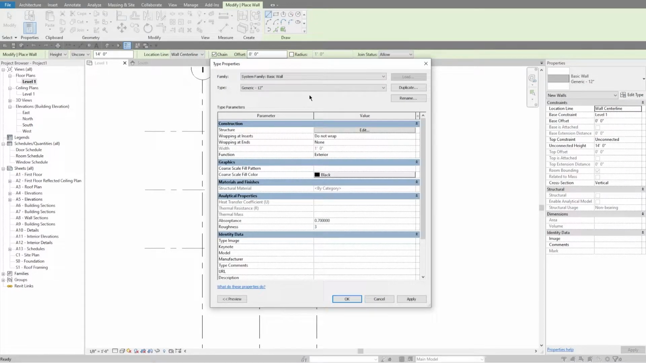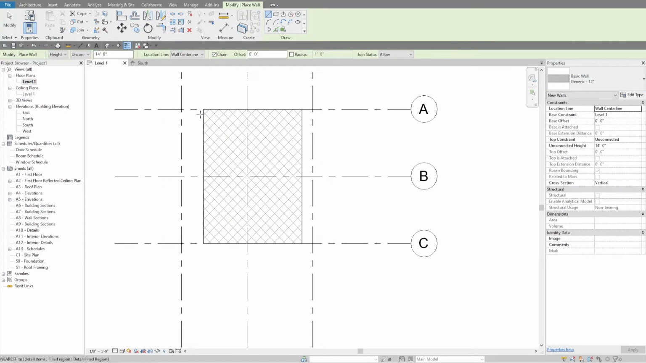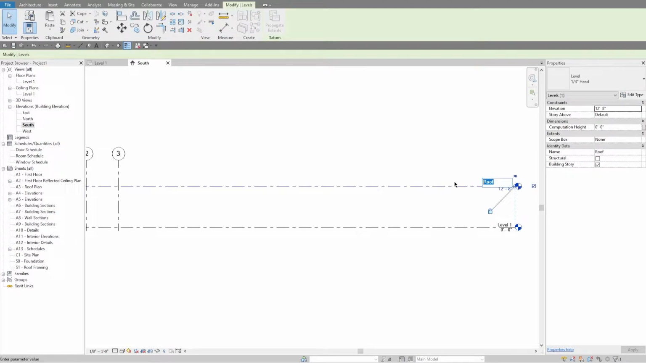Our goal is to import this geometry into 3ds Max. So the only thing that's important is that if we click on the basic wall, I am going to just go with this modify toolbar, go to, let me just click on this south elevation, and this is labeled roof. I am going to just name this level 2,